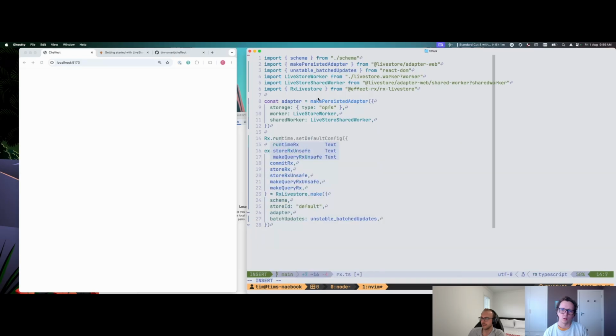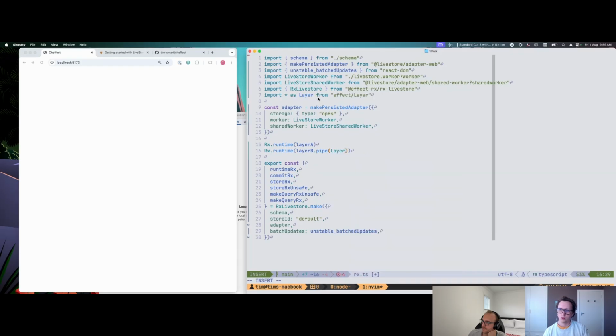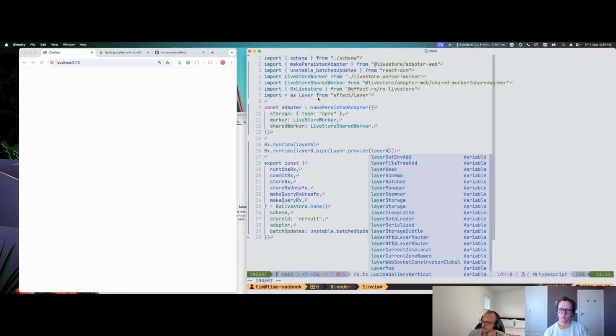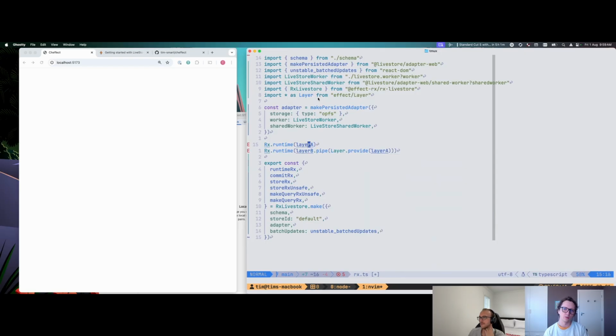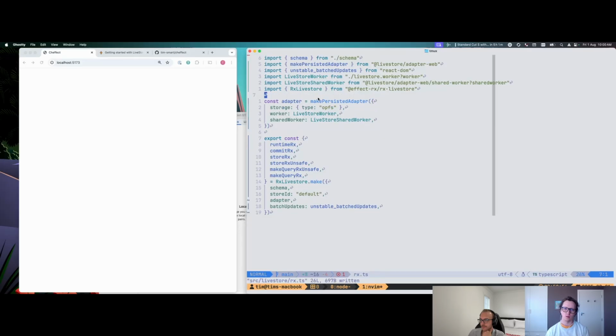Yeah, so you have the RX runtime with layer A, and then another part of your app uses maybe dot provide layer A. Layer A will not get rebuilt; it will be shared. Because RX.runtime shares what we call a memo map, which means a layer is not rebuilt across RX runtimes,